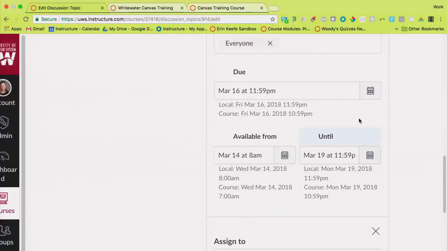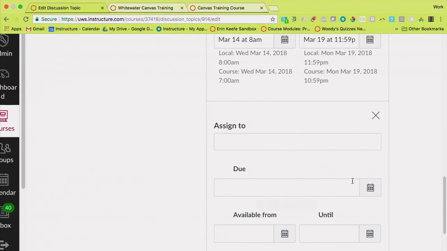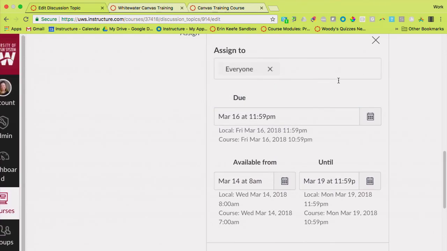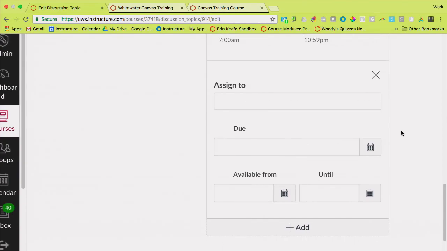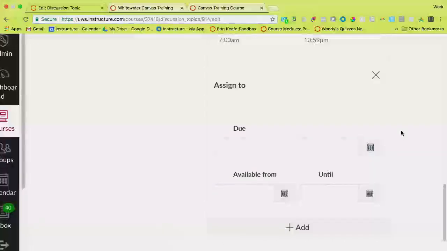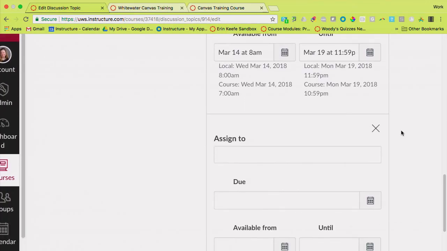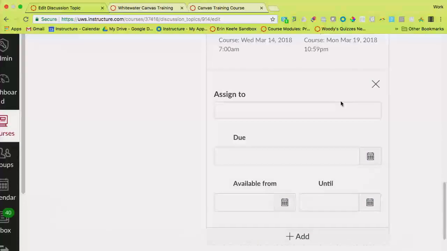So they're never going to see this date up here. They're going to see their own. So they don't even know it's any different from anyone else. And then where this used to say everyone, it'll now say everyone else. You can do that as many times as you need to so that you can differentiate the access to different items in your class depending on what accommodations students might have, or if someone was out sick and they get extended time, or maybe I did have it shut down, but then someone very tearfully came to me and said they were sorry, so I could be like, all right, Erin, you get an extra 2 days. And I don't have to change it for everybody else. I can just give her her own due date.